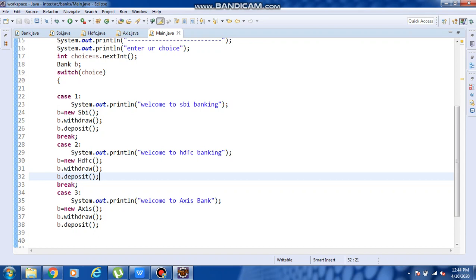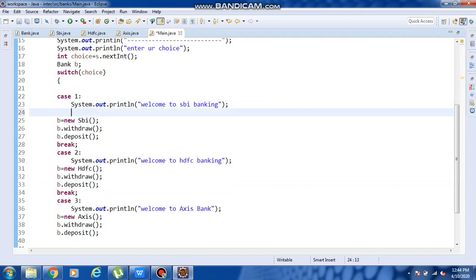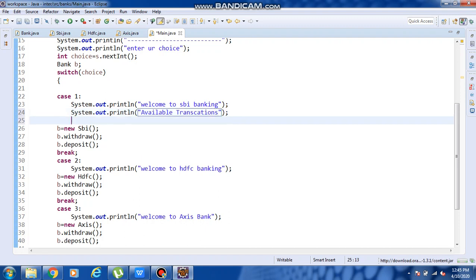So now you came to SBI here. Welcome to SBI banking. Now I am giving System.out.println, available transactions. What are all the available transactions?